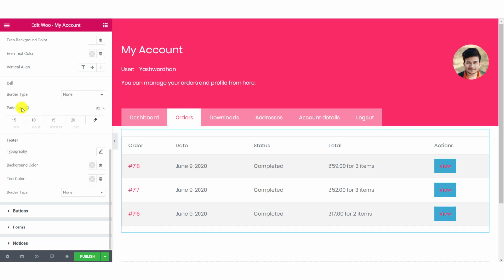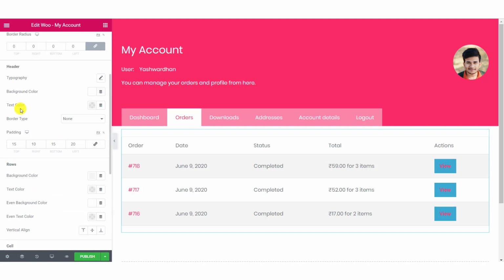You can make any changes here that you want to have on your My Account area. I'm going with this design.